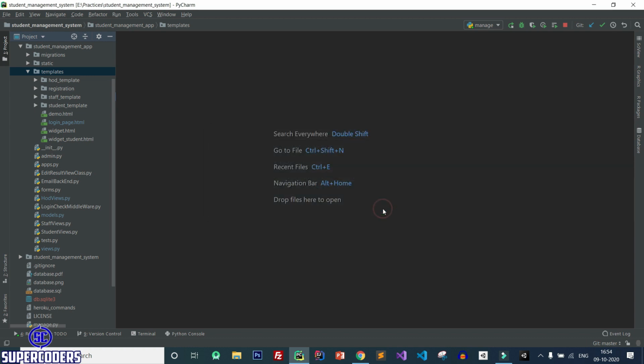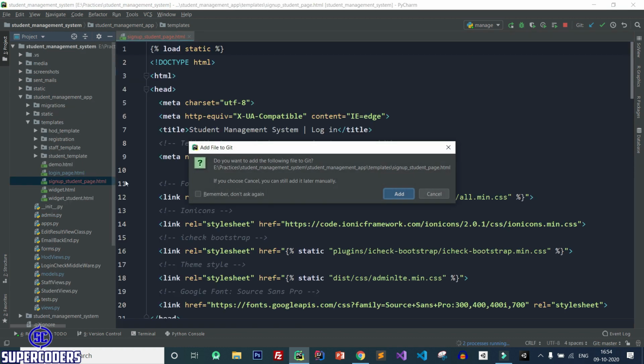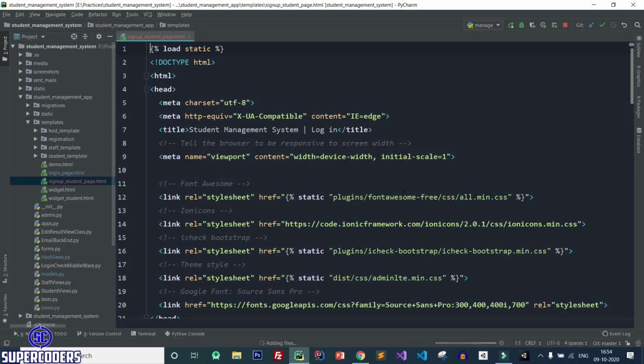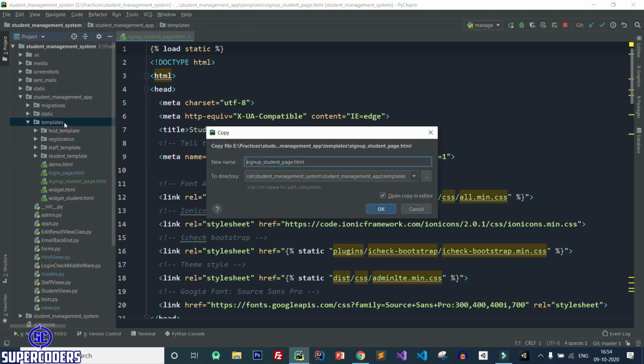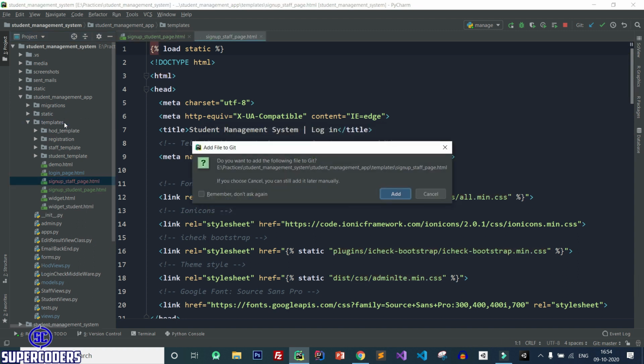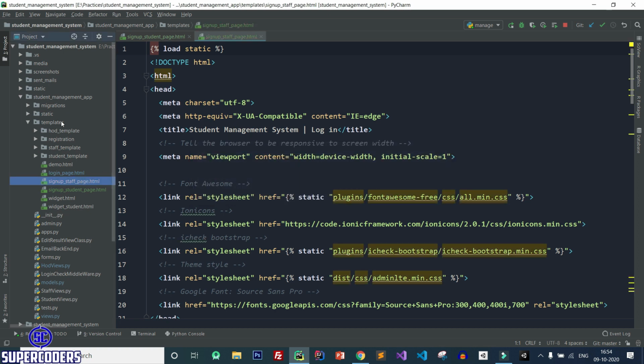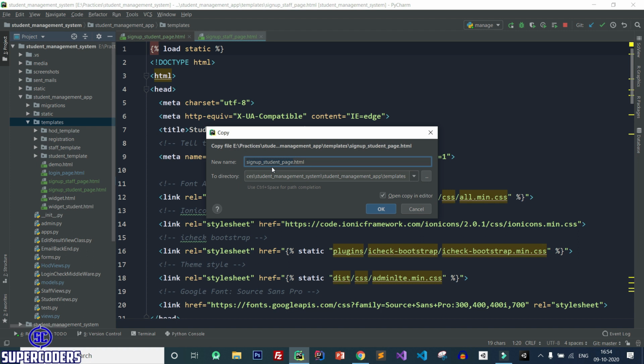So paste it. Click on add. Now again copy this template and paste in template, and this time change this to sign up staff. Enter. Again paste it, and this time change this to sign up admin.